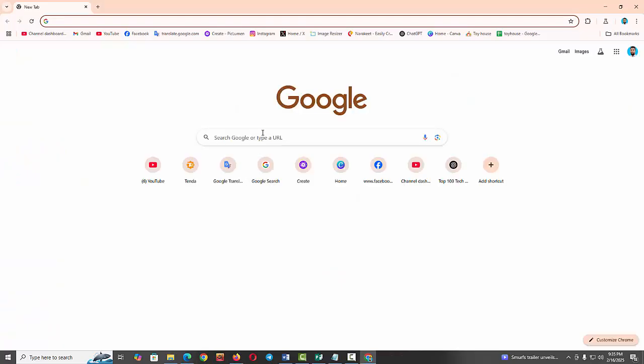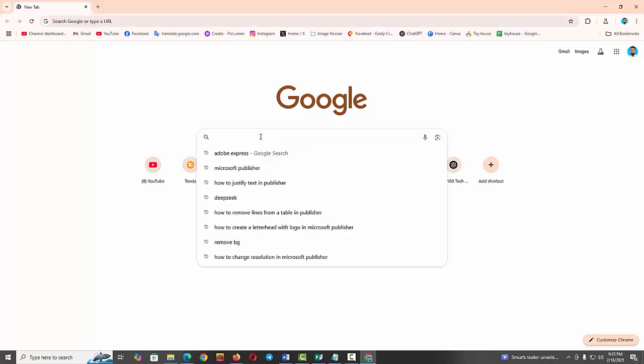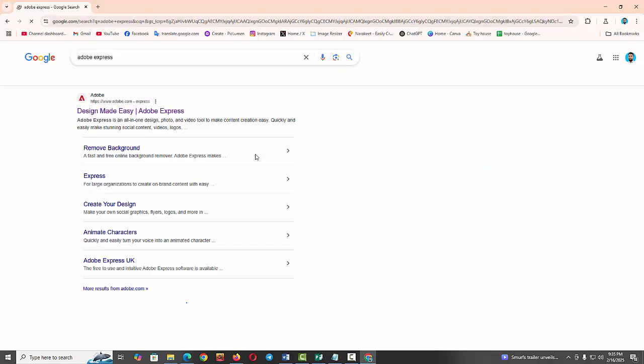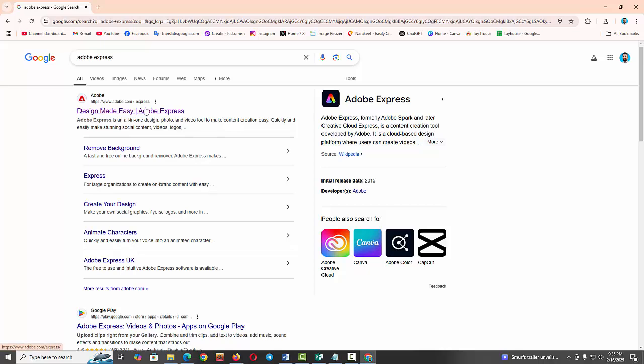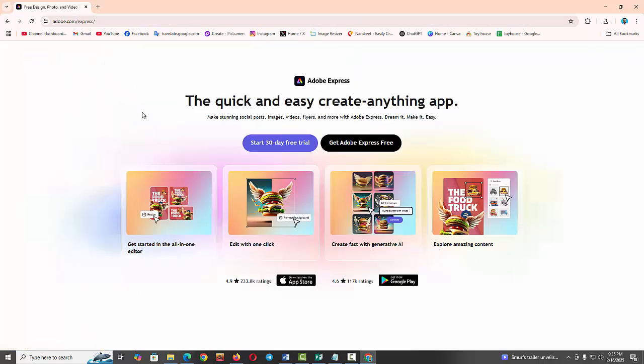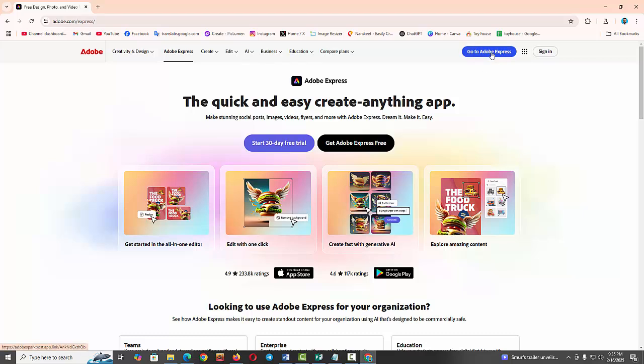Now select the search bar, then type Adobe Express. Now search, then press enter, then click on the interface, Design Made Easy, Adobe Express. Now click, then click Go to Adobe Express,